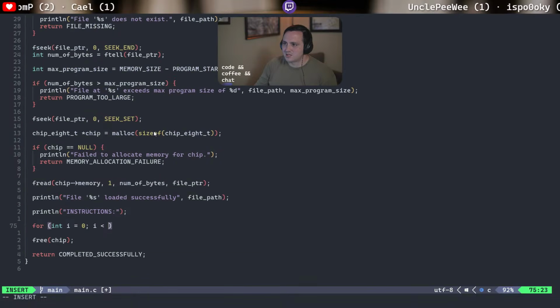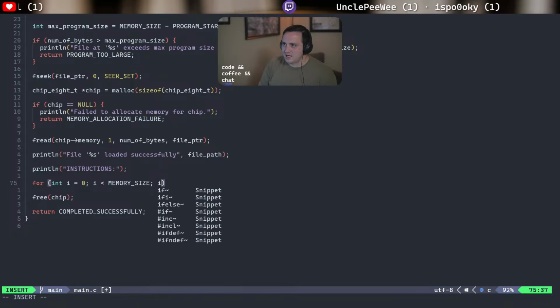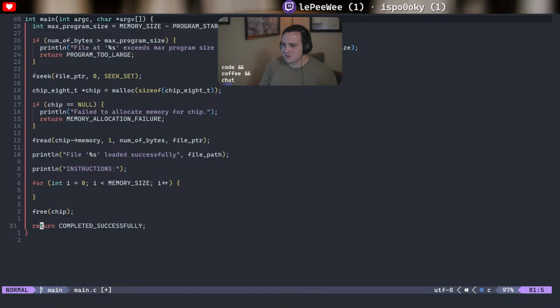what was the constant I defined? Memory size. And i plus plus. We will print